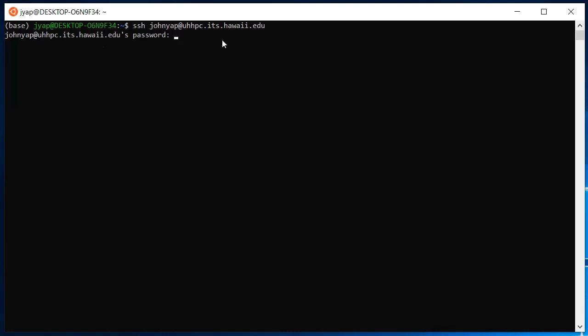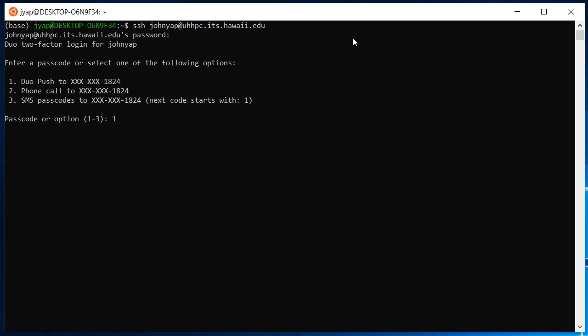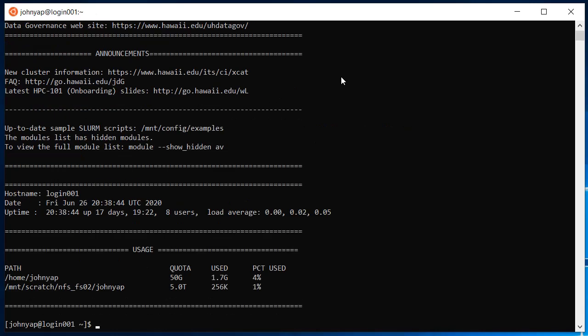Once you enter your UH system password, this menu should appear for your multi-factor authentication. You'll be prompted to enter a number corresponding to the method and device you wish to use. If you have a physical YubiKey, you may enter the code instead of selecting a choice. Here, I choose the first option, and after accepting the dual push on my phone, I'm logged into the login